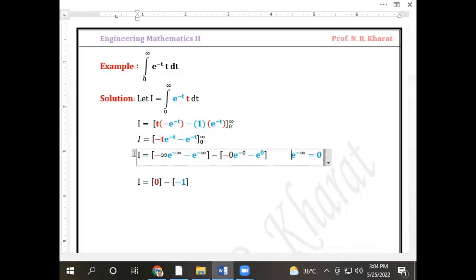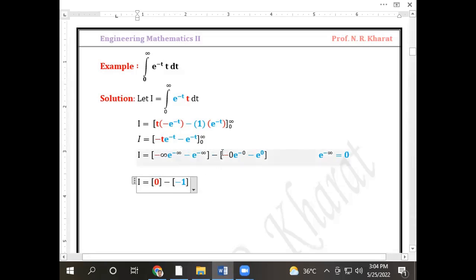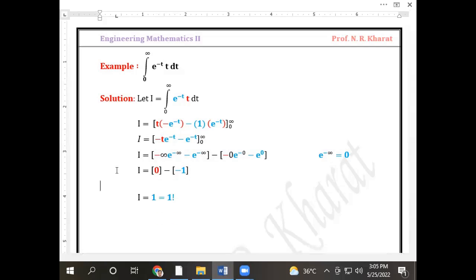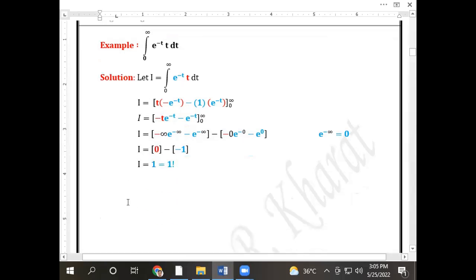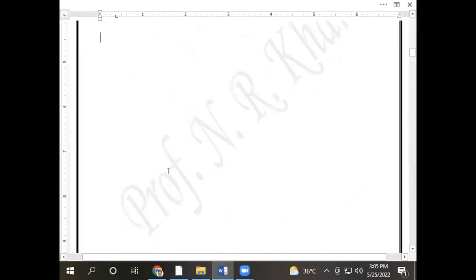From this, we can easily say that this particular first bracket becomes 0, and the minus remains as it is. In the second, 0 into 0 becomes 0, and minus e raised to 0 becomes 1. So we get the final answer of this integration as 1. 1 means 1 factorial. In a similar way, when I increase the index of t from 1 to 2,